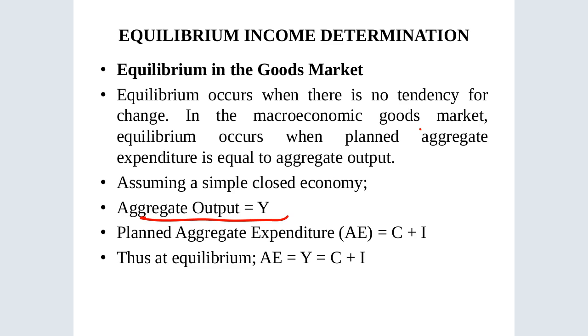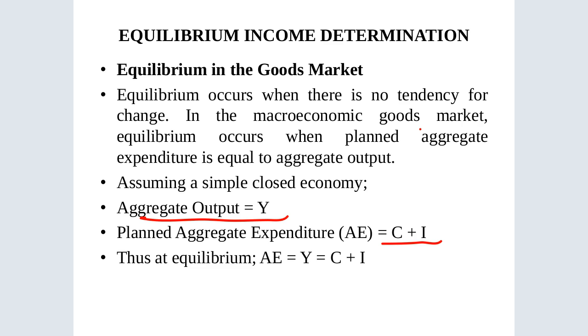So the planned expenditure in the economy includes consumption and investment. Consumption by households, we also have investment by firms and also the government. So this constitutes